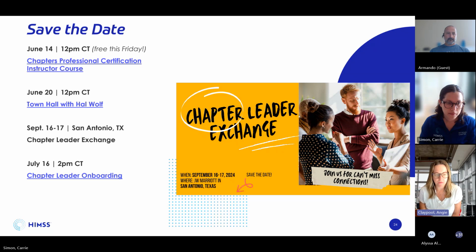And then if you want to use part of the stipend for more than one individual, you can. Or if the chapter would like to fund sending additional representatives, that's fine as well. So hopefully that clarifies that HIMSS is planning to give funds to hopefully cover one individual.